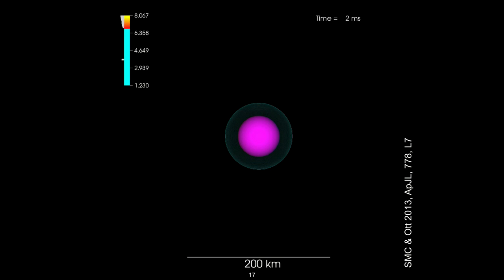And that iron core, big ball of iron, it's about the size of the moon, and it weighs about 1.5 times the mass of the sun. It collapses to the size of the greater Chicago area, actually maybe a little smaller, in about a fraction of a second, about a quarter of a second. It goes from the size of the moon, size of Chicago, boom, like that. In that space, it goes from central densities of 10 billion times the density of water to in excess of nuclear density. So you end up with something that is essentially a giant solar mass-sized nucleus in space, made almost entirely of neutrons. So like I said, it's the better kind of supernovae.